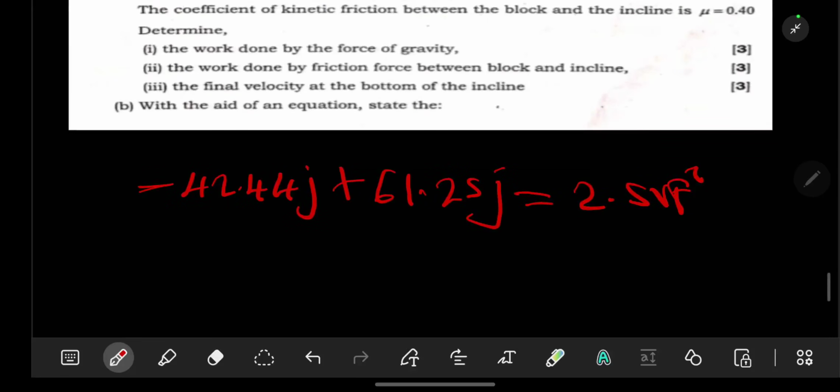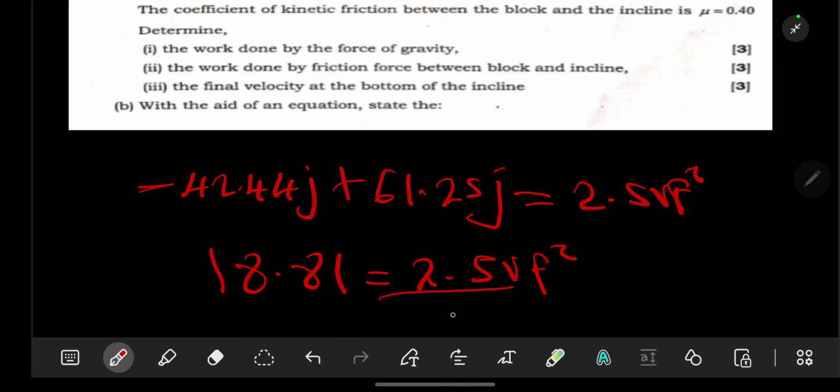So 61.25 minus 42.44 gives us a value of 18.81, equal to 2.5